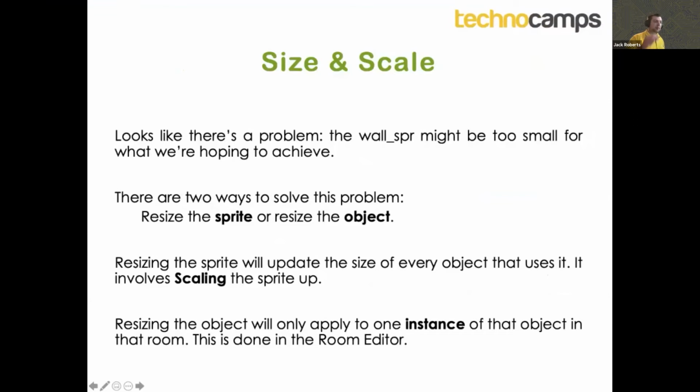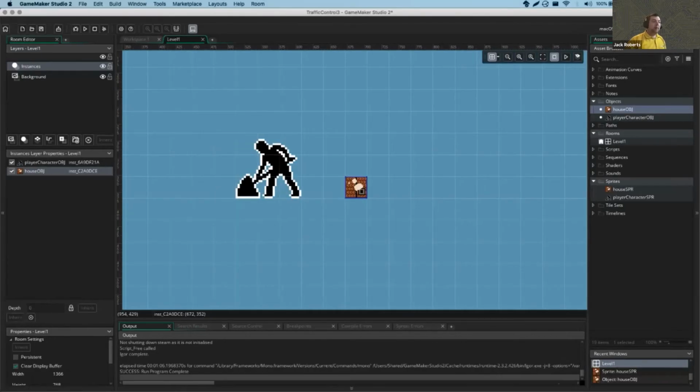So we've got two options. We can either resize the sprite or we can resize the object. If you resize the sprite, it will update the size of every object that uses that sprite. However, if we resize the object, it'll only apply to one instance in that room. Sorry, one instance in that room. What I mean by that